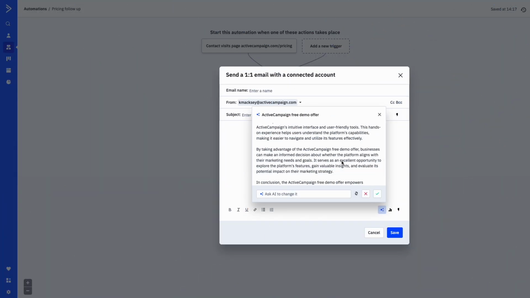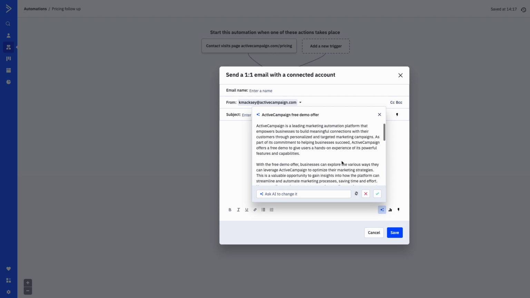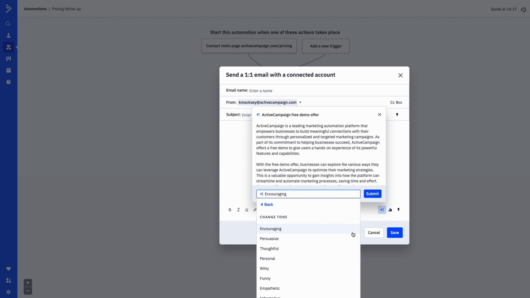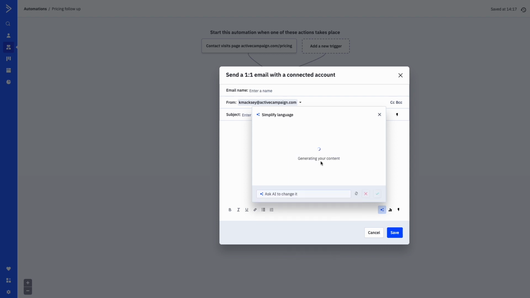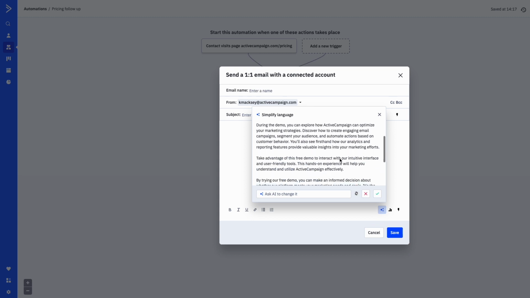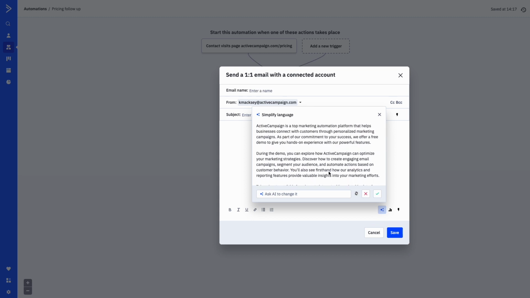Once you've reviewed the initial pass of the email generation, you can make any number of modifications, whether that's asking the AI to retry and generate the message, or you can select one of these more direct prompts, such as make it shorter, longer, simplify language, or even change the tone. I'm going to ask AI to simplify the language. Once I've reviewed the updated prompt, I can make any number of modifications further, or I can choose to use